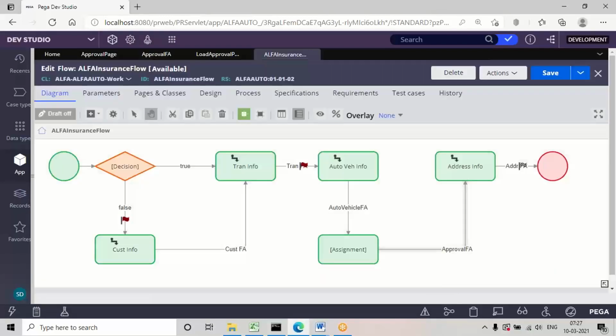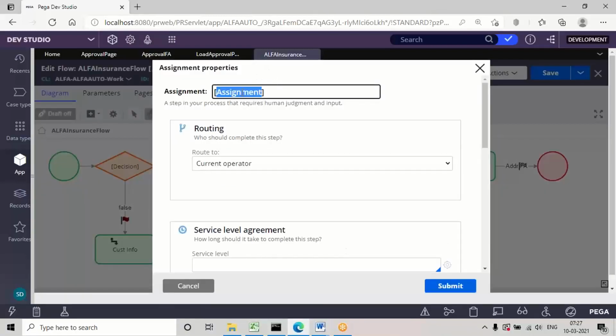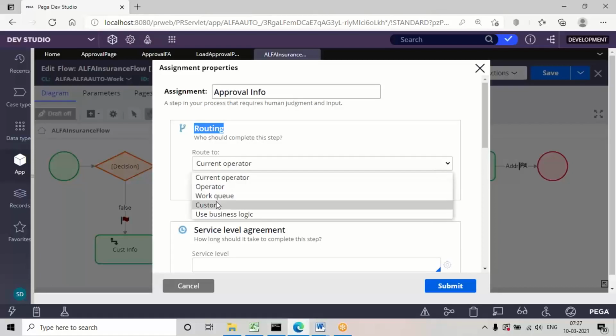Now coming to routing, so open assignment properties. Here I want to apply the routing. In the assignment settings, you'll get this routing. Under the drop down, go with the custom option.